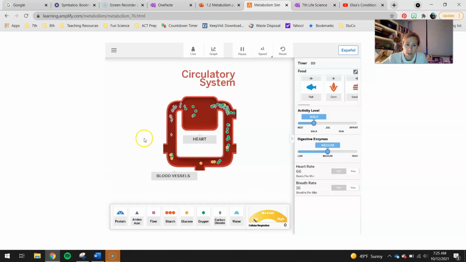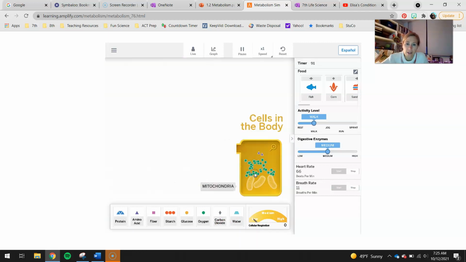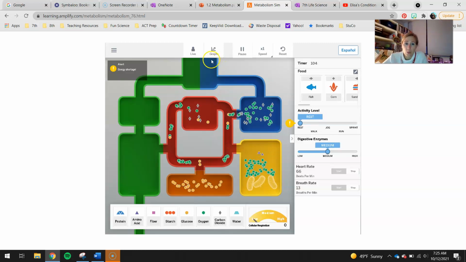This is our circulatory system, heart and blood vessels. And then these are the cells in the body. So these represent all your little cells, like your muscle cells, your skin cells, nerve cells, whatever the case. Okay, so you got a lot of different cells there that are all getting these things. So what I want you guys to do is just watch